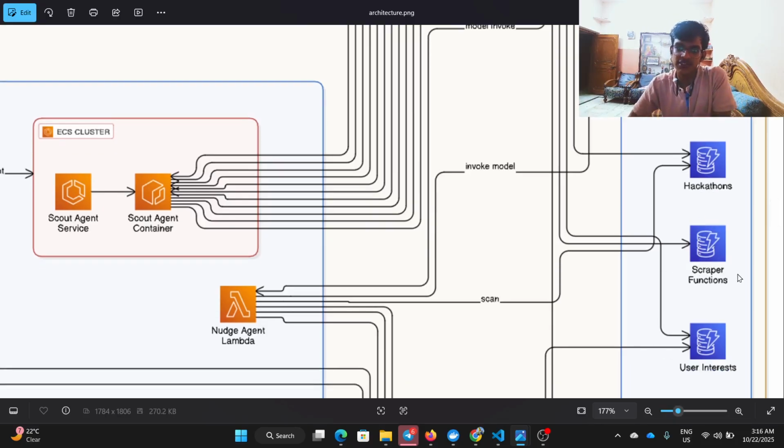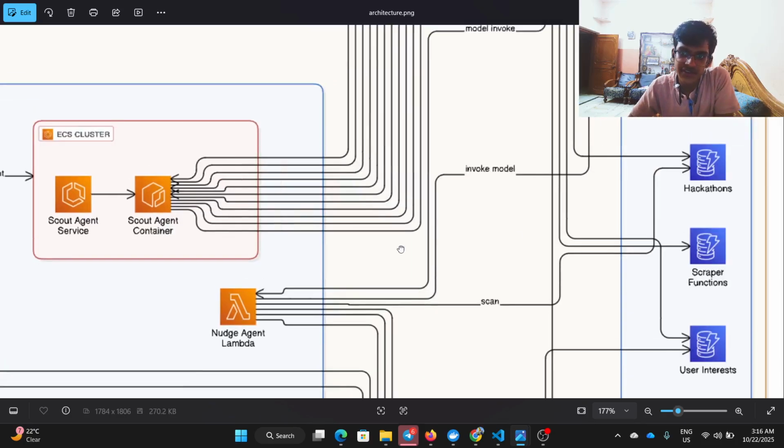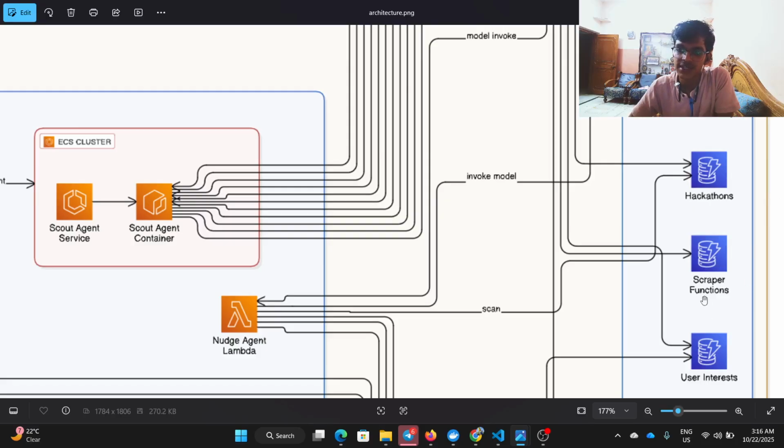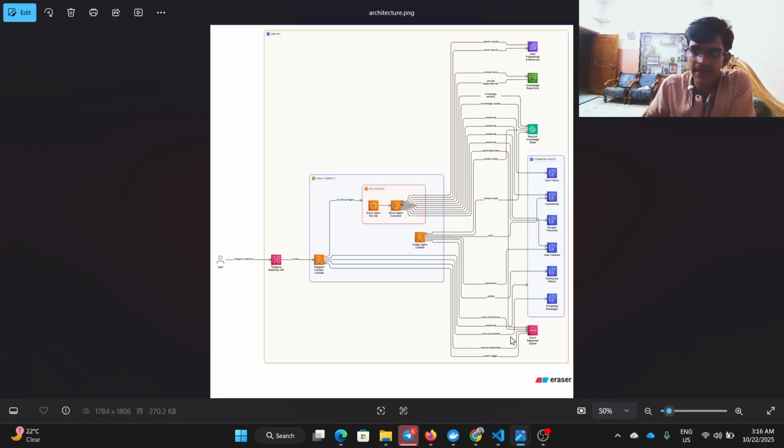Then we have scraper functions. I told you that our Scout agent service can generate code. It stores it here in this scraper functions table, and then it runs it in its own environment. And because the clusters and the containers are ephemeral, it doesn't matter if the code is malicious, it just gets turned off anyway. And then we have a, wait a minute, and then we have a